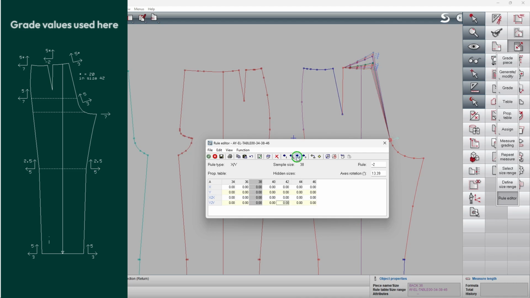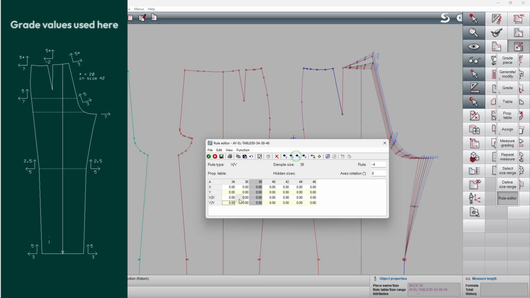Click the Find Next button to automatically find the next ungraded point. Simple as that. You can check the input of the values in the drawing. At the crotch point, we switch to X and Y grading and reset the rotation axis.